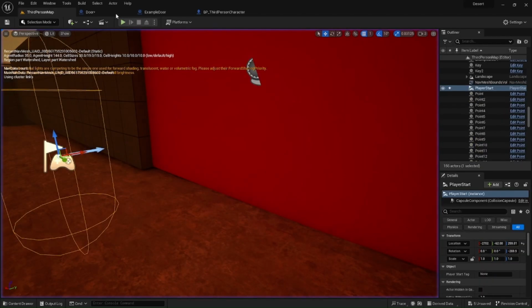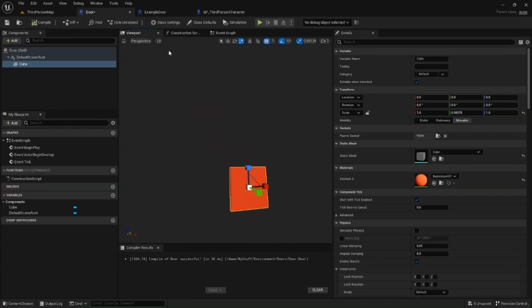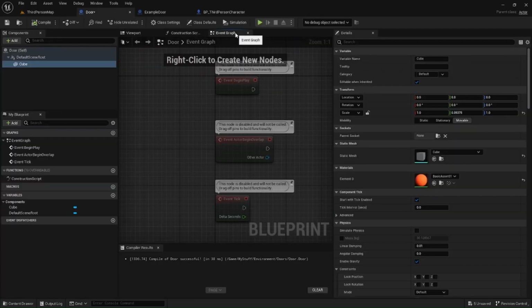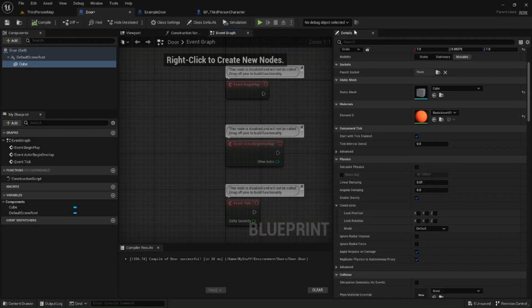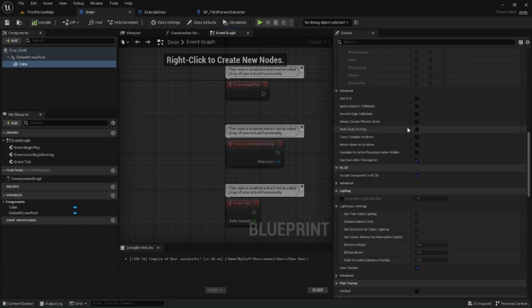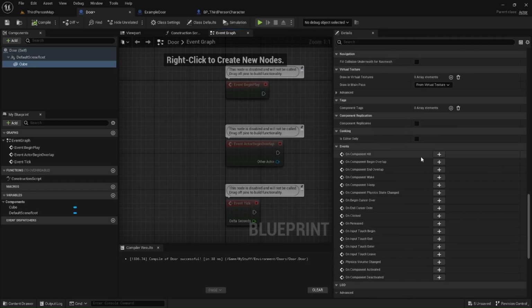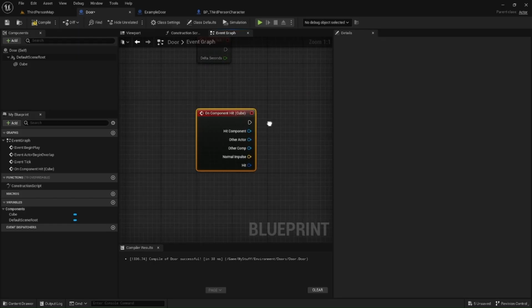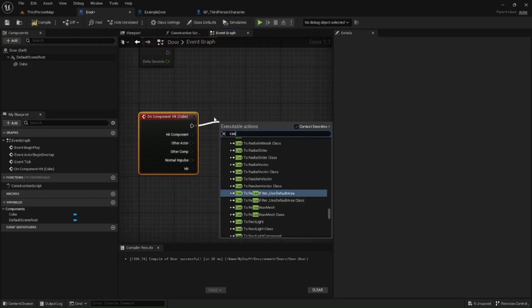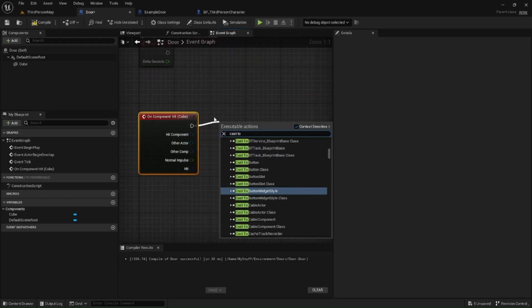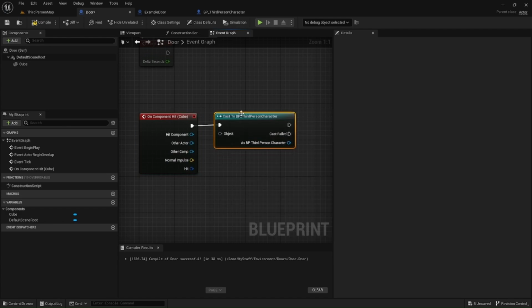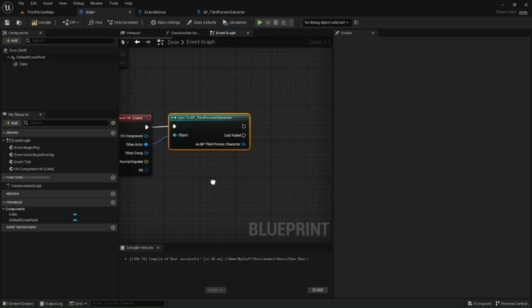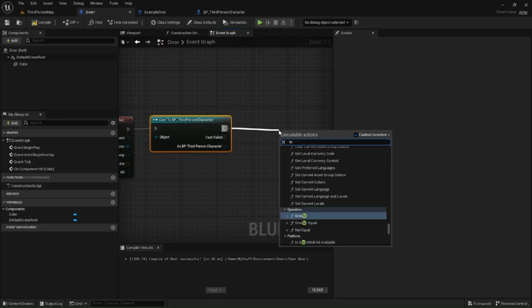So now we're going to make the teleport. So go onto the door, you want to go to Event Graph. Well, actually, it's here in the details. You want to scroll down, and you want to go to Events, and you want to click on Component Hit, and then you want to cast to the third person character. Mine is just called BP third person character, yours probably is as well. And then you drag the other actor over to the object, and then you want to create a teleport,